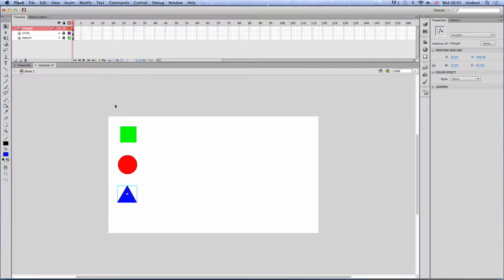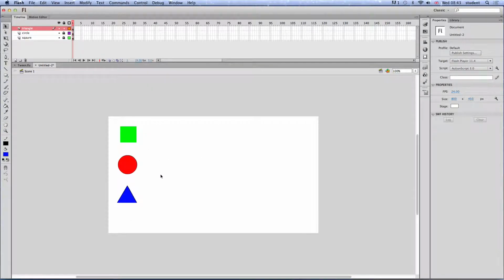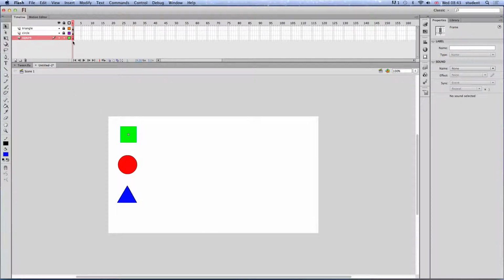Right, so I'm now ready to start thinking about creating motion tweens, and we're just going to start off with something very basic. All I want to do is move this square from this side of the screen to this side of the screen, and I'm going to make the animation last for 2 seconds. If we're running 24 frames per second, that's going to equal 1 second of animation, so 48 frames is going to equal 2